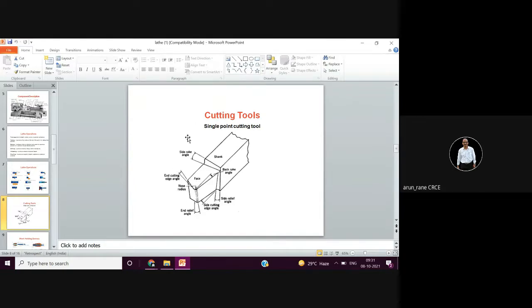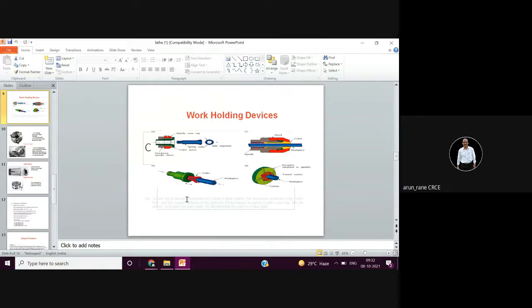But nowadays nobody grinds the tool, because everybody goes for the insert type tool, the insert. And this insert can be used on a lathe, conventional lathe as well as CNC. But mostly the inserts are used on CNC and not on the conventional lathe. So wherever there is a conventional lathe, they still use these HSS tools.